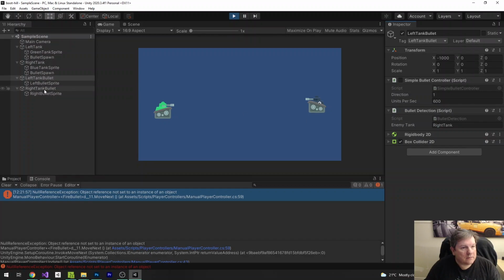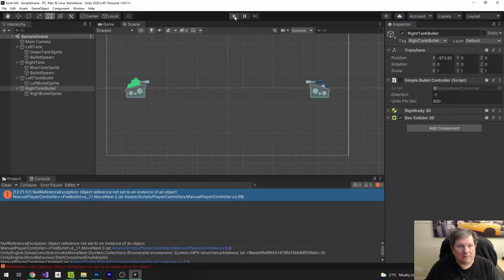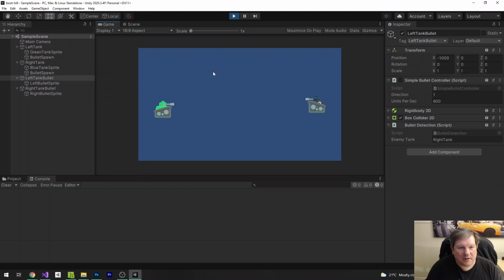And then the right tank bullet, bullet detection, and then that's going to be left tank because that's the enemy of the right tank. Oh no, I need to do this again. I really need to change the color. Bullet detection, this is going to be left tank, and then this one is going to be bullet detection, right tank. Okay, so we line these two up and then we fire,